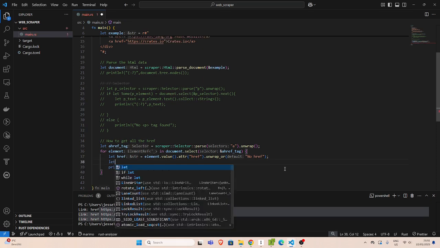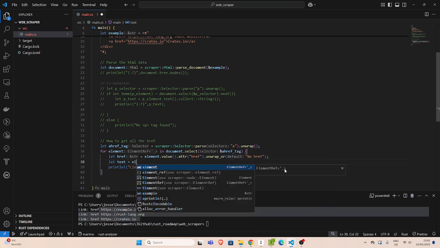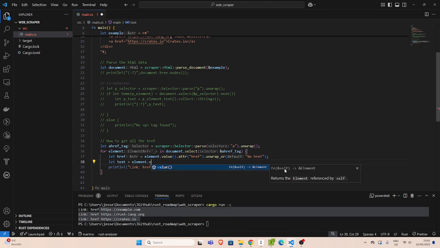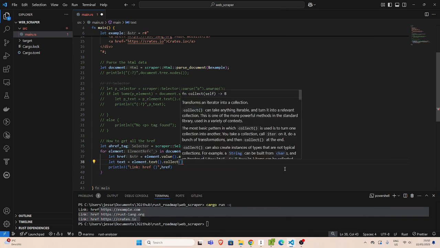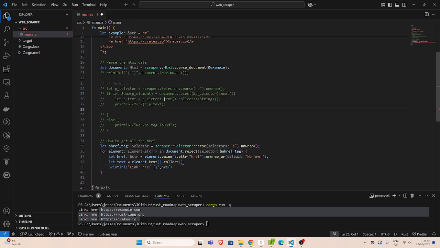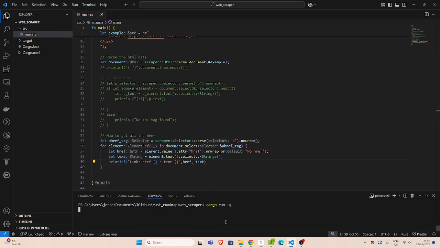So let's go with my let the text, right, that I want to get from it. Then element dot text. Then I'll just pass in case you want to convert it into a string. So the same thing we did here. This is very important. In case you want to get a text, I'll just run the same, and now I'm going to get all the texts. I can now pass in and then the text, right? So if I run it again, now we are going to get the